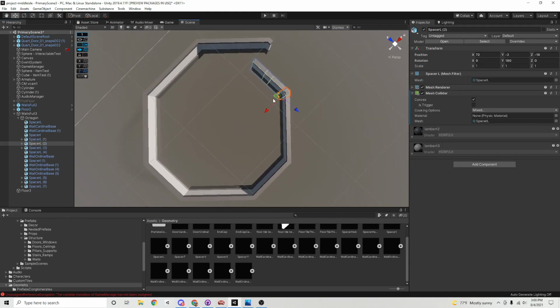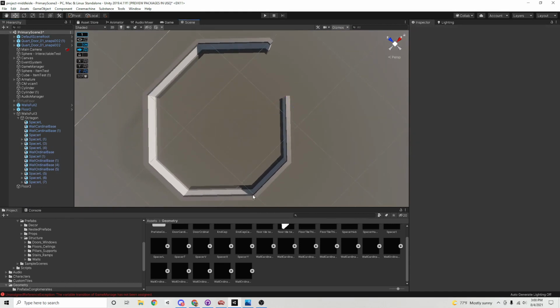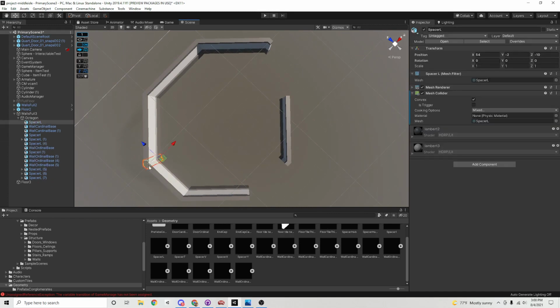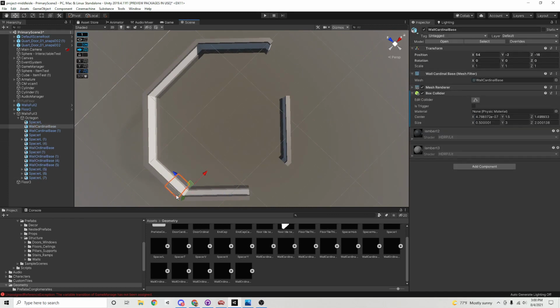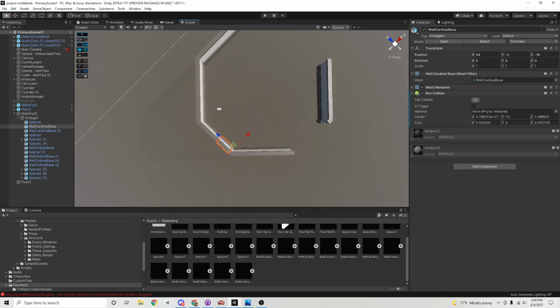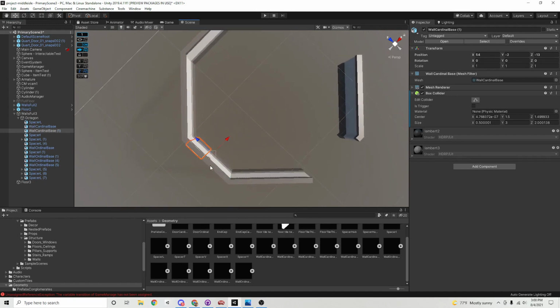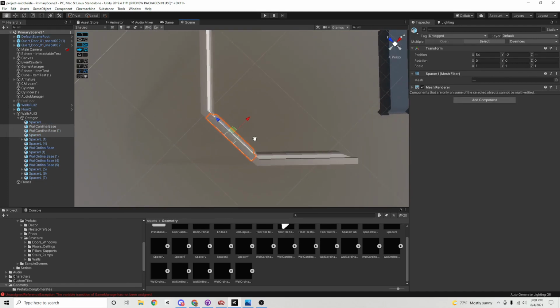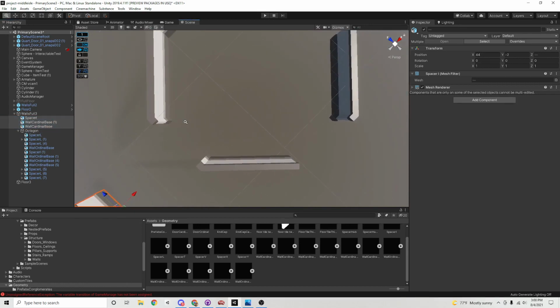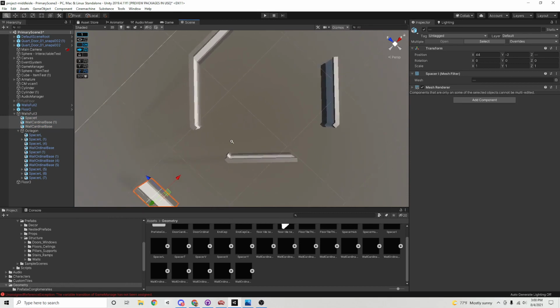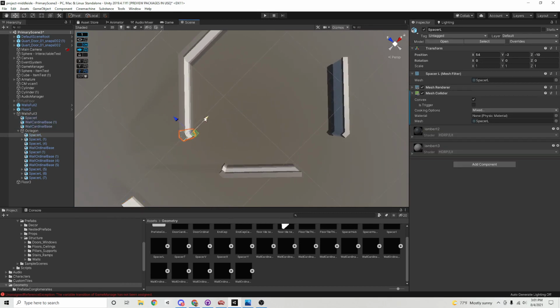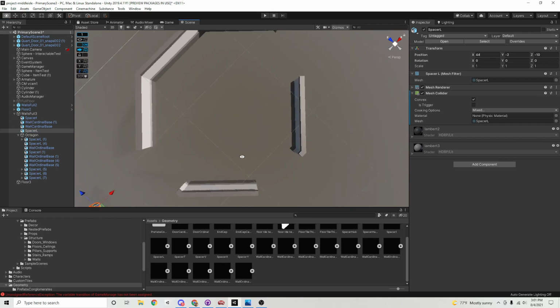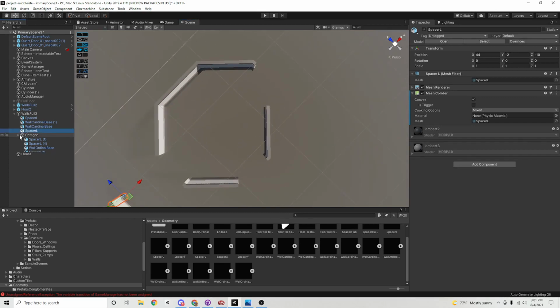So what I can do is I can just delete all of these guys. This one's going to be a little bit trickier. I'm going to move these guys away because I want to keep them to use in the future. Same with this guy. Move him outside of the octagon, move him away because I'll probably want to keep him in the future. But then for the rest of them,